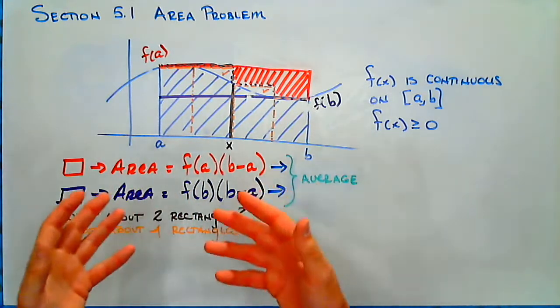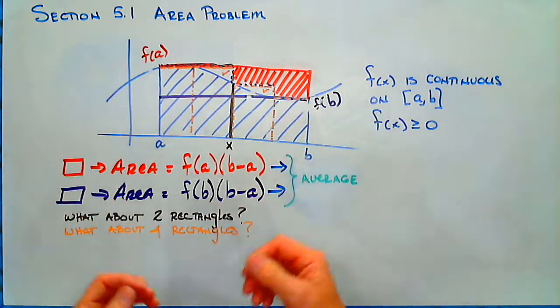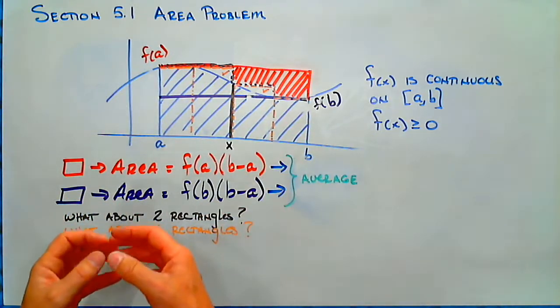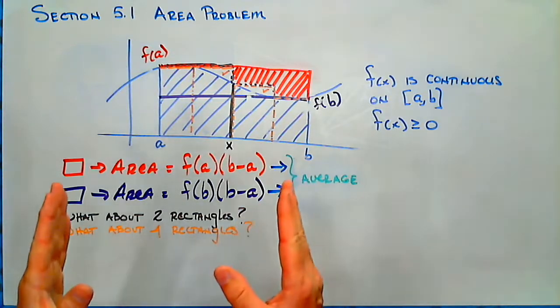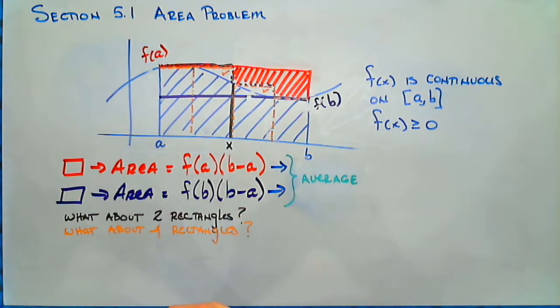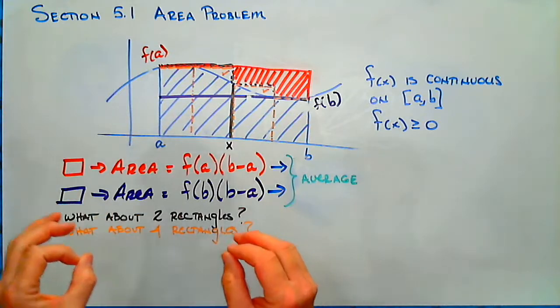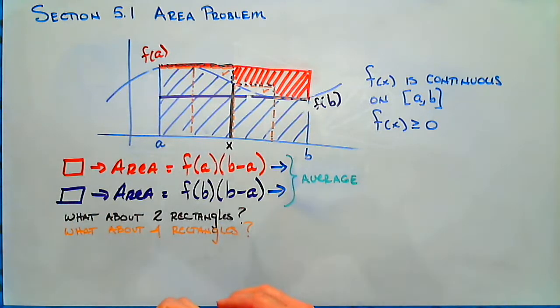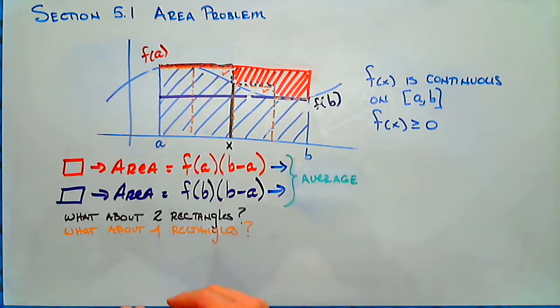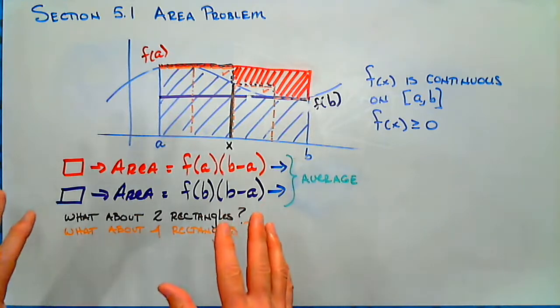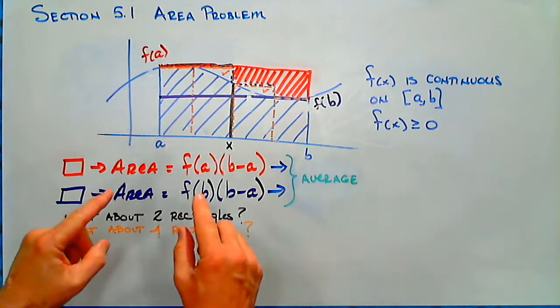And then if we continue this game on over and over, we can get as many rectangles as we want to draw. And with the beauty of calculus behind us and the power of calculus to assist us, we can draw an infinite number of rectangles. And if we draw an infinite number of rectangles, we're going to get the true area